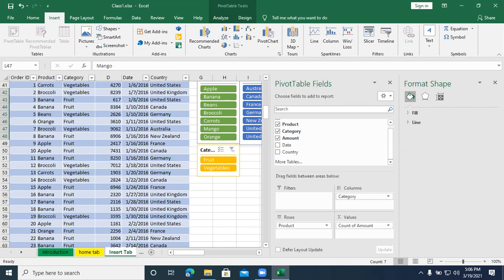Any doubts? We continue now. Right. So yesterday in class we were working on pictures.